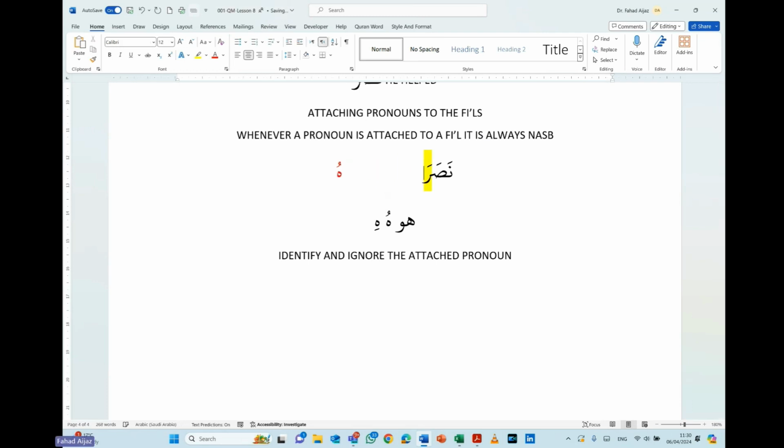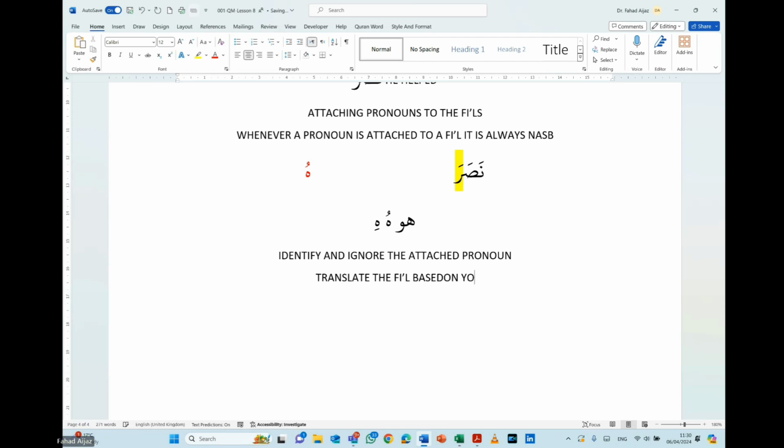You say, okay, attached pronoun, go away. I don't want you right now. You ignore the attached pronoun, and now you focus on the fi'l itself. You just focus on this part of the fi'l, and you translate that fi'l the way you know it. Nasara, you know it. So you translate the fi'l